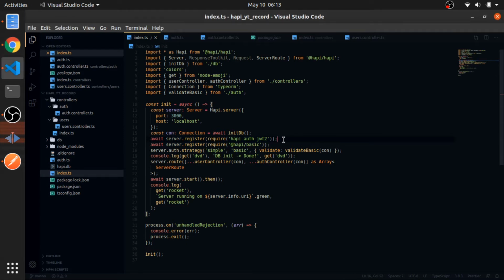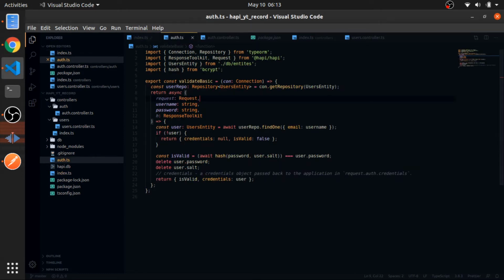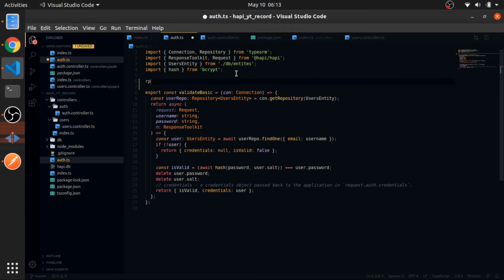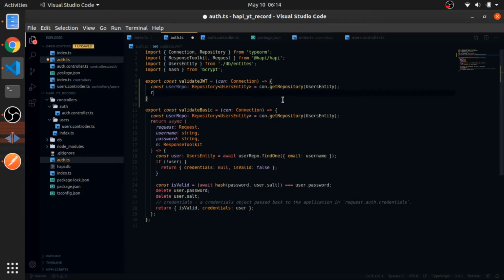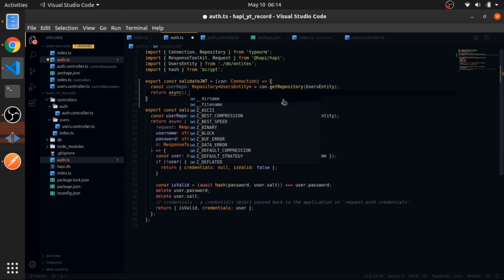register that. So first thing, we need to create the function, the same thing we did here. So I would start at the top. So export const validateJWT will be equal to a function that accepts connection and gets the user repository and returns an async function,